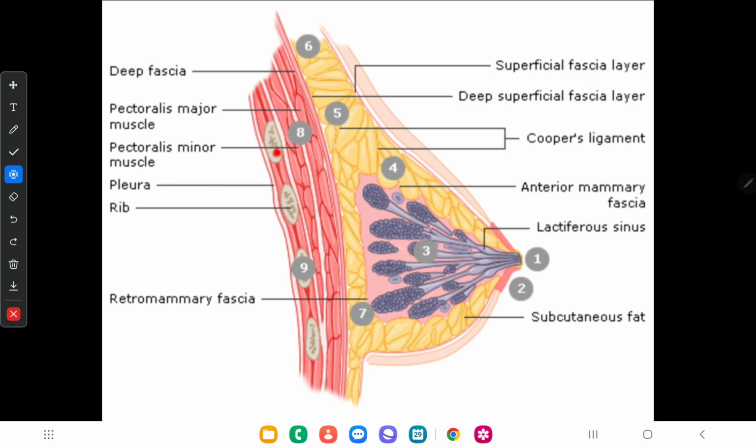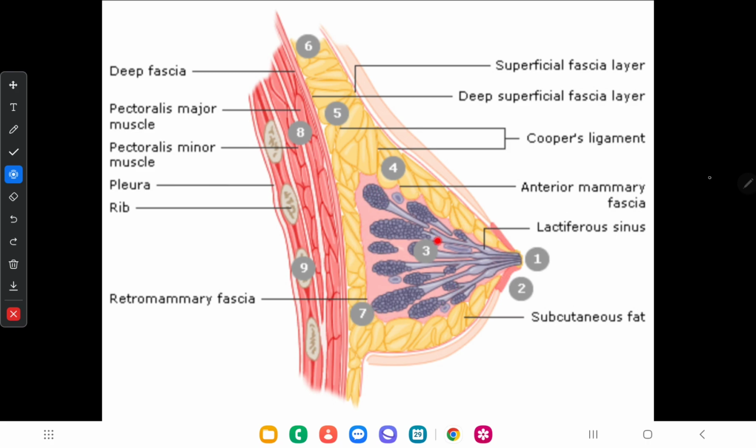Here the ribs are there, and you have the pectoralis major muscle here and the pectoralis minor muscle here. Here you have the deep fascia over the pectoralis major muscle, and here you have the superficial fascia and then the skin. So the breast lies in between the superficial fascia and the deep fascia. Here you can see the Cooper's ligaments or suspensory ligaments, and here the yellow one is the subcutaneous fat, and here you have the lactiferous sinuses,